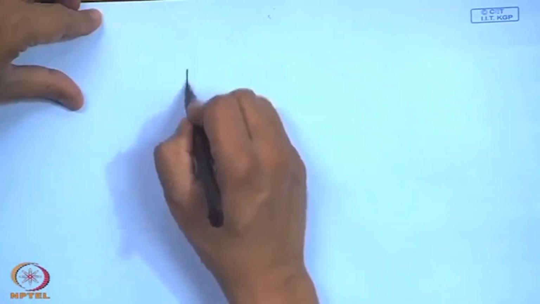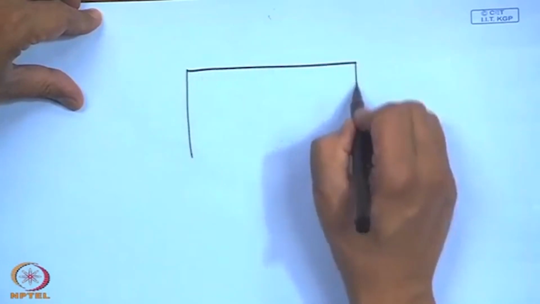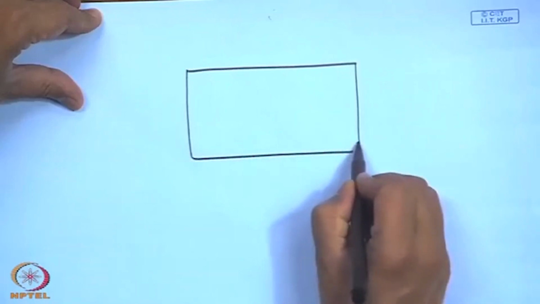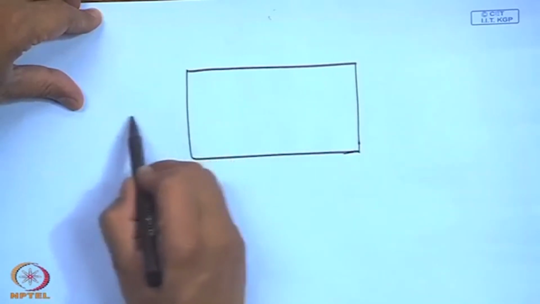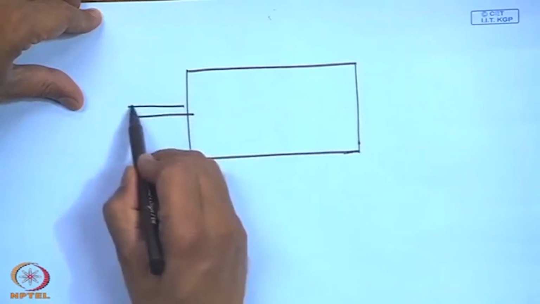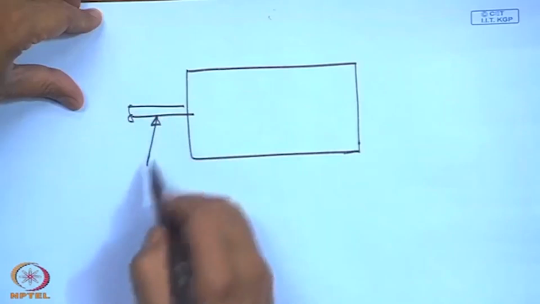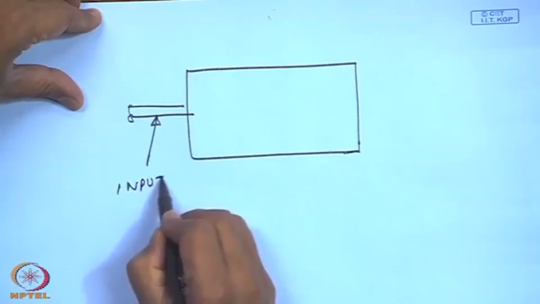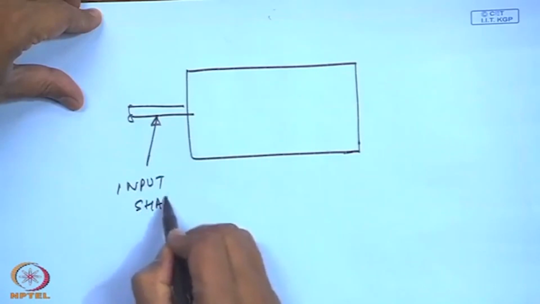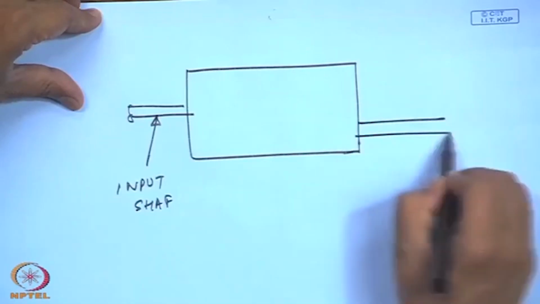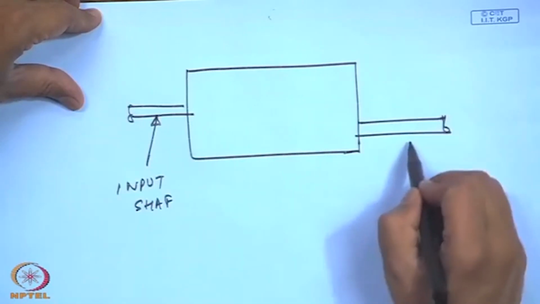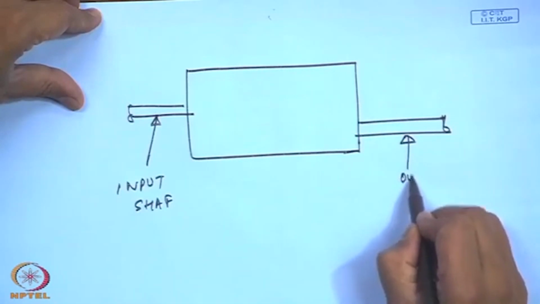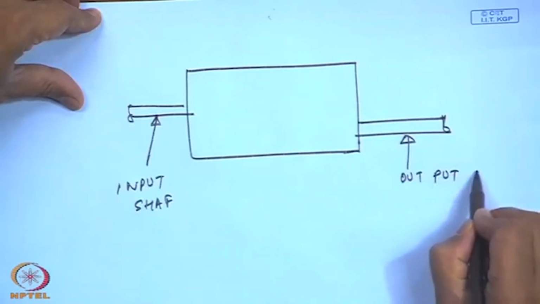So, if you look at a gearbox, I have an input shaft and then I have an output shaft,